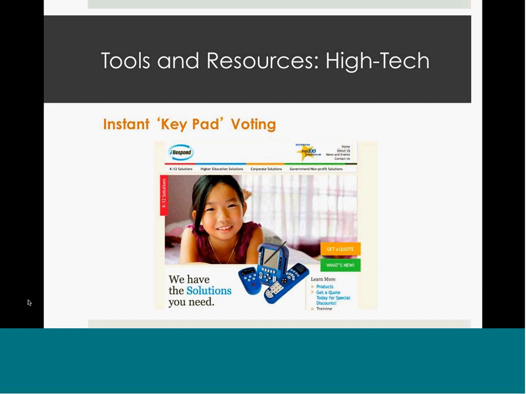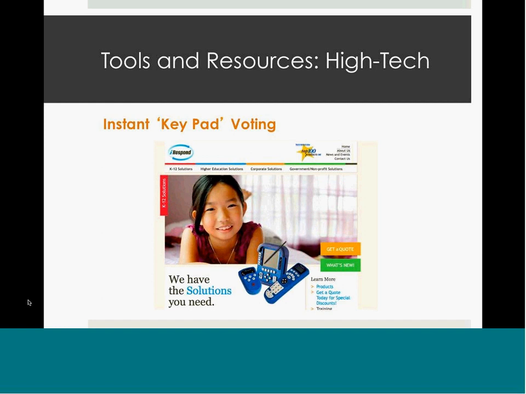This allows you as a facilitator to ask questions and then have the audience respond via their keypad and get real-time results. This allows for a democratization of the survey or decision-making process within a meeting because it becomes a very transparent resource and set of results.